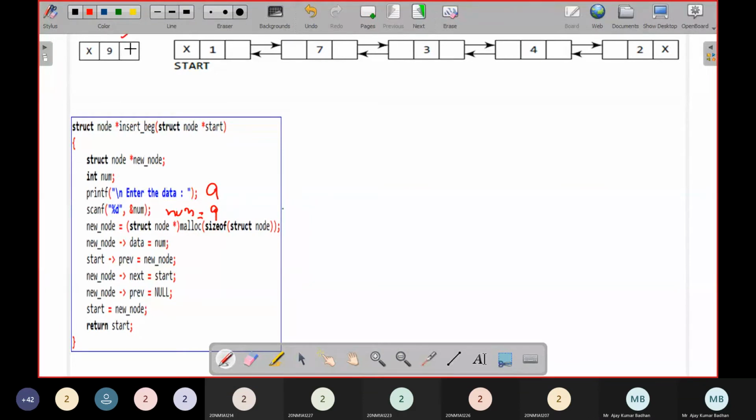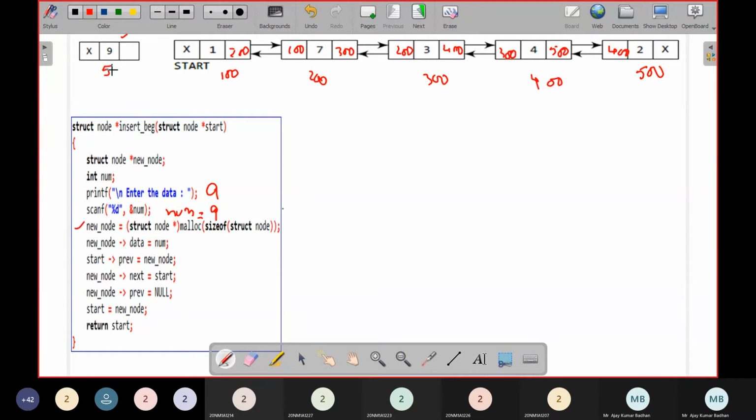Now I'm going to create this node. How to create? Let us suppose the addresses are 100, 200, 300, 400, 500. So I think if you are familiar now, this will consist of 400. This will have 500. This will have 300. And this will be having 400. And this will have 200. And this will be having 300. And this, oh sorry, previous one 100. And this will have 200.